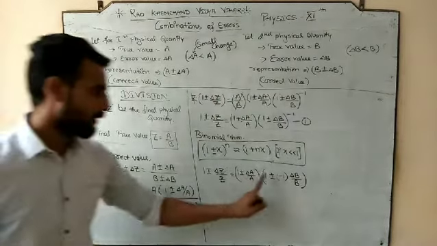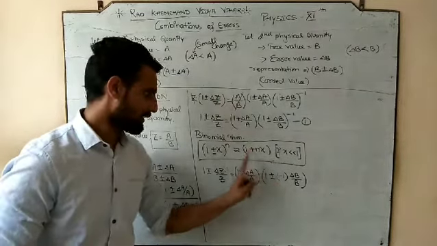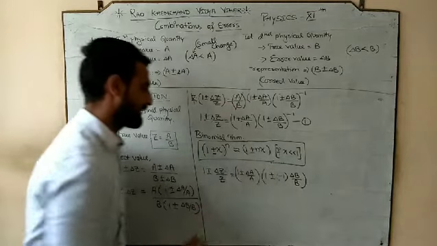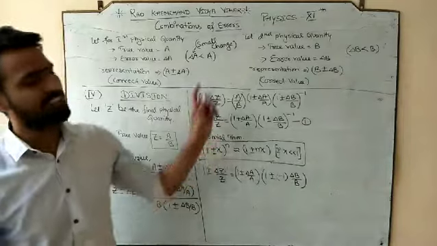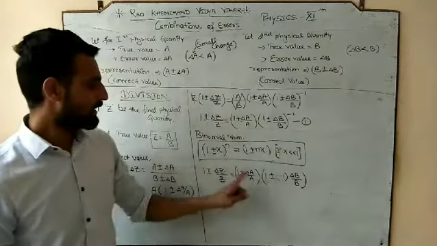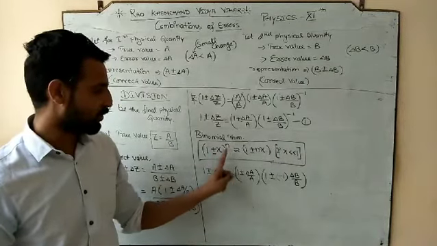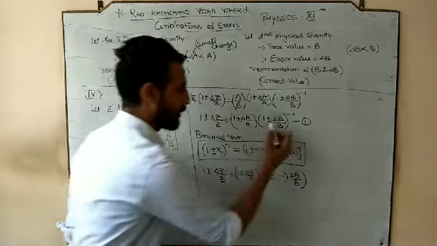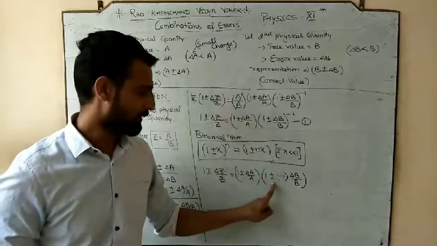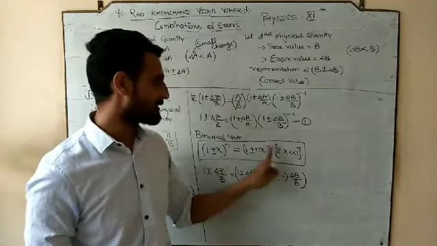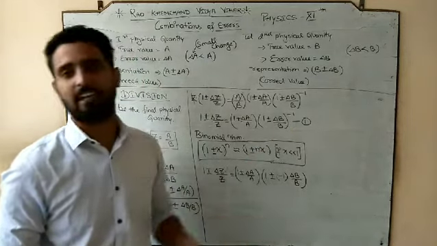Is that okay? 1 plus minus. You can also apply here 1 plus minus. अगर ये minus भी होता है 1 minus x तो भी binomial theorem is applicable. If it is only plus तो भी applicable. So 1 plus minus x whole power n is always equal to 1 plus minus nx, 1 plus minus n into x. N means the power that we have, and here we have negative.